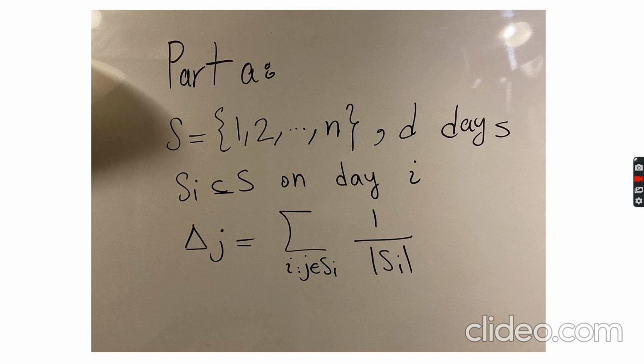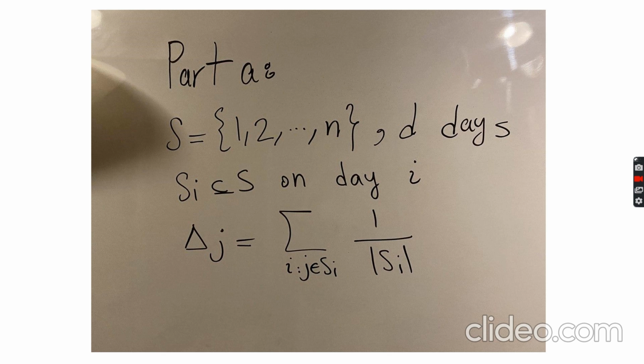And so now these people want to carpool, and so basically on each day i, one person from that set is going to drive the rest of the people. So for example, if person 1 is in set Si, then person 1 could drive on day i. Now what we want to do is find a schedule such that we assign to each day a driver, and that driver would carpool the rest of the people.